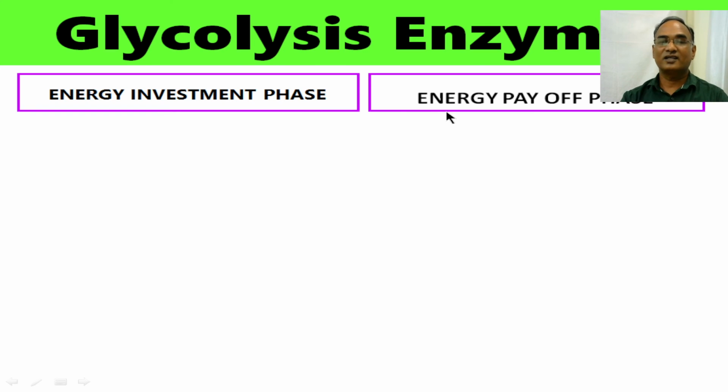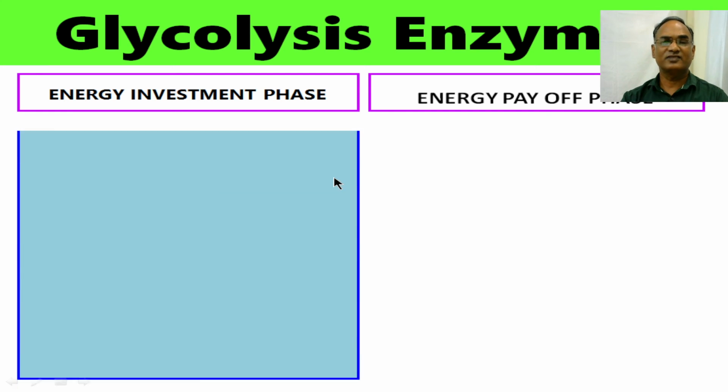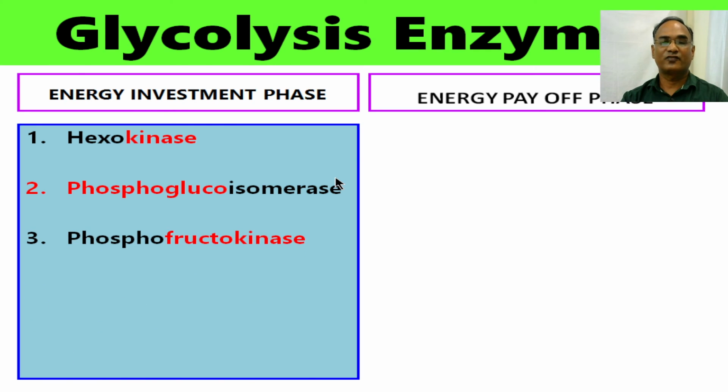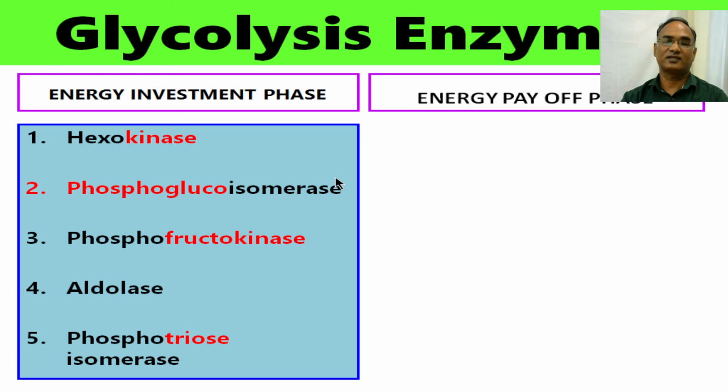So, glycolysis enzymes. I already told you there are two phases: the energy investment phase and the energy payoff phase. In the energy investment phase, there are 5 different enzymes: hexokinase, phosphoglucoisomerase, phosphofructokinase, aldolase, and triose isomerase. You can see hexokinase fuses phosphate and glucose, and the phosphotriose will consist of